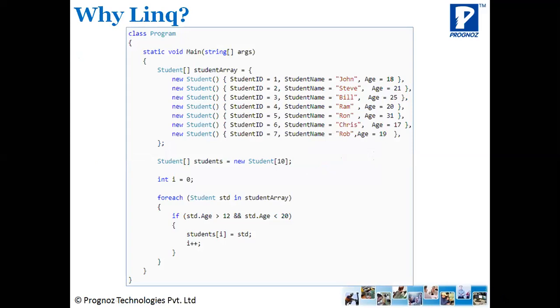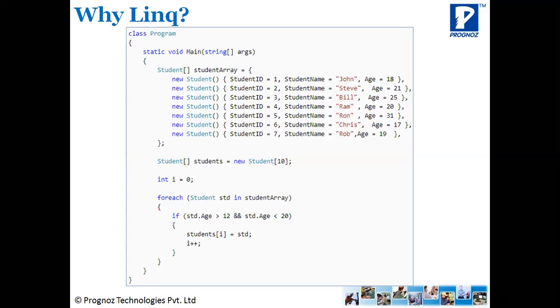Create one student class array first. Once that array is created, next is create a foreach loop. To iterate through those objects, we need to make use of a foreach loop. Within that, you need to write if-else code, and through that I can retrieve a single object from an array, and then I can work with that object.